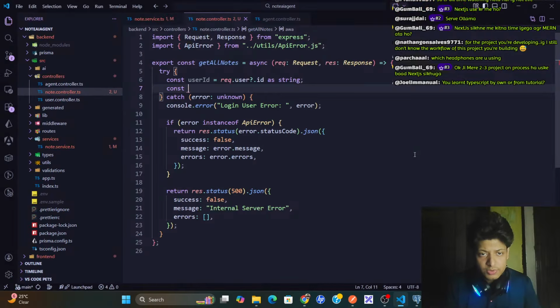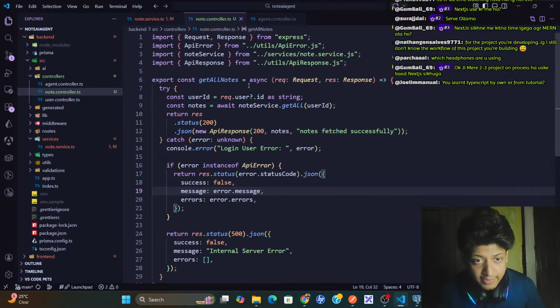Then return res dot status 200 dot JSON, and here I'll have new API response 200 and notes fetched successfully. Fine, this is done.